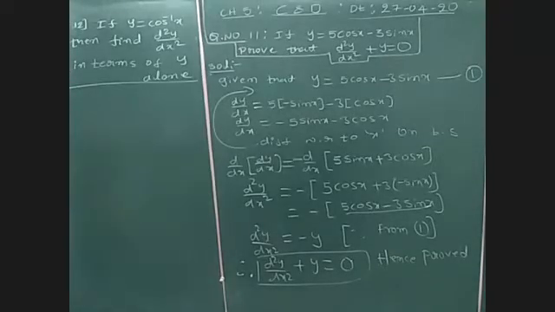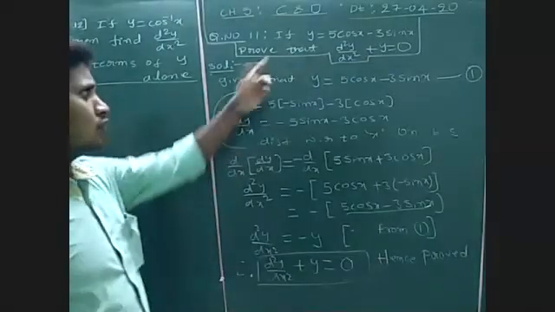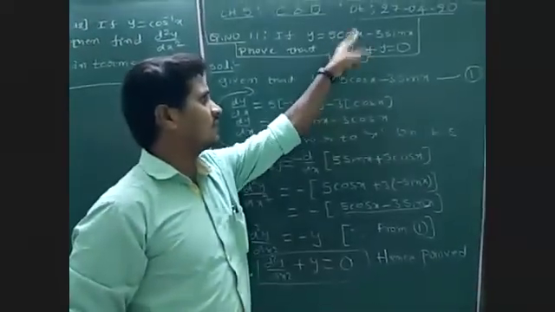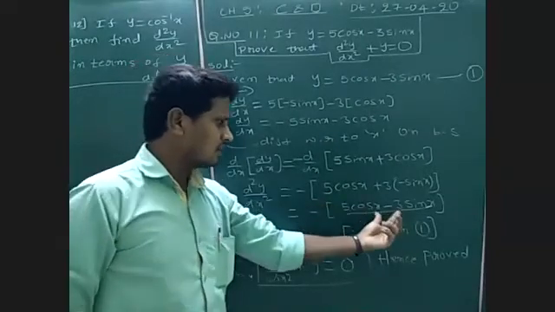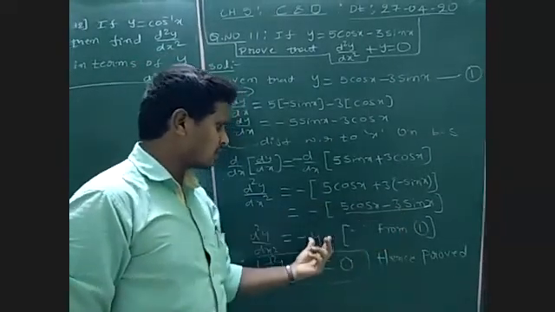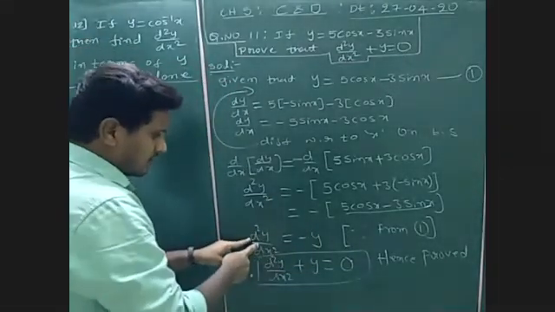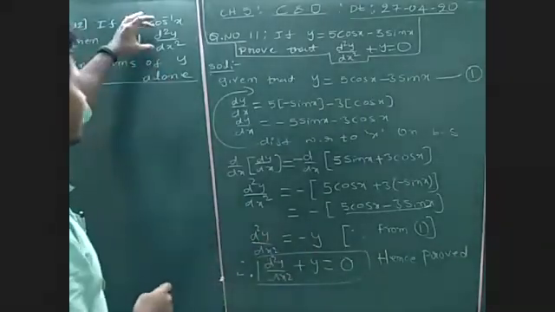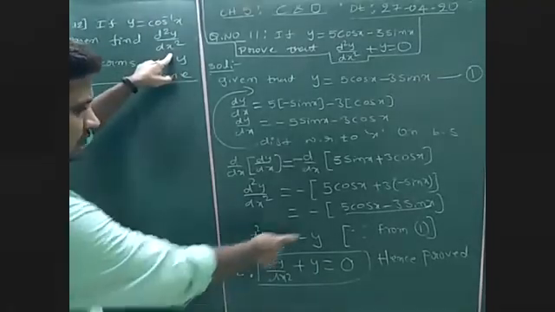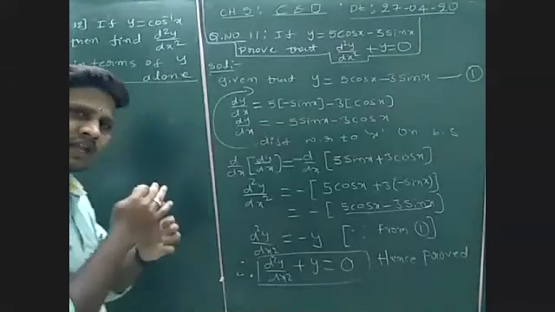See, what is the difference between the previous question and this question? If you observe, in every previous question they are given in terms of x and y. Finally, generally we will get the answer also in terms of x and y. So this is clearly equal to y. So I replace. Here also same. Here we are finding the second derivative in terms of y only. The same way here also we need to find d square y by dx square in terms of y alone, so that we can eliminate all x values.